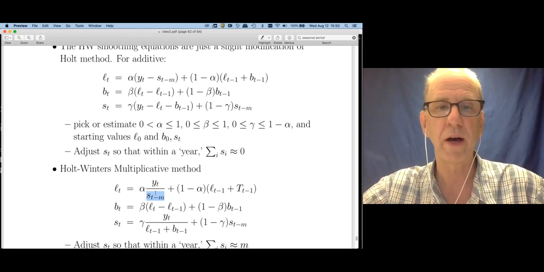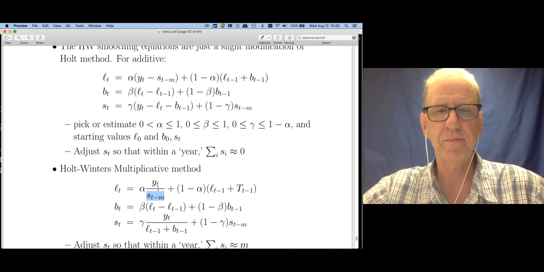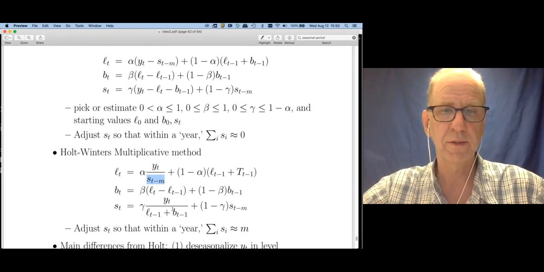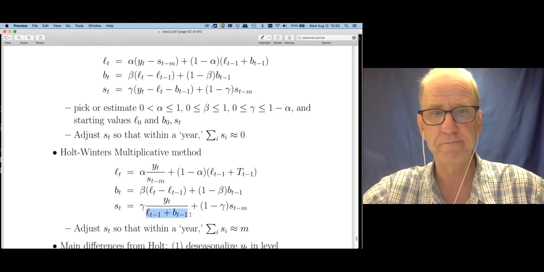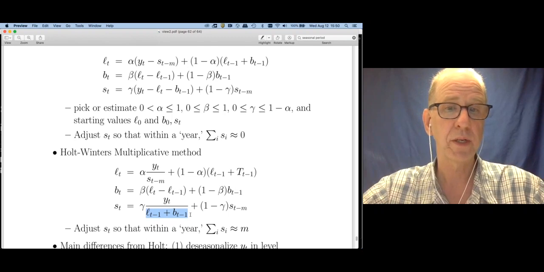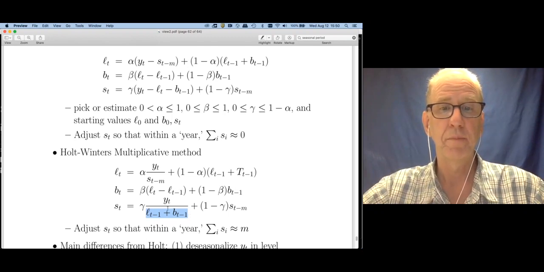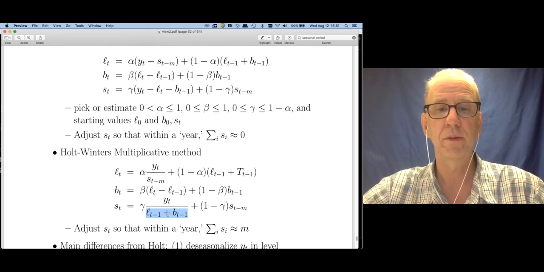So just take the y value, divide by the seasonal effect, and that's going to give me this trend part, the level part. And likewise with the seasonal effect, instead of subtracting off the trend part, we're going to divide by it, because with multiplicative data, remember, my Y_t is the seasonal part times the level part, times,